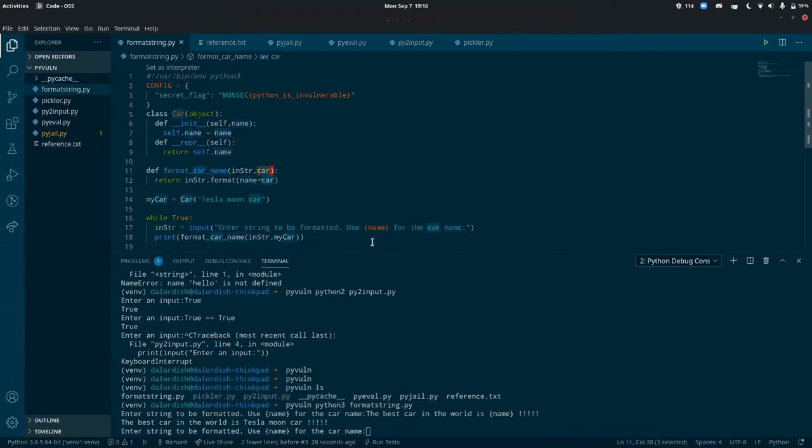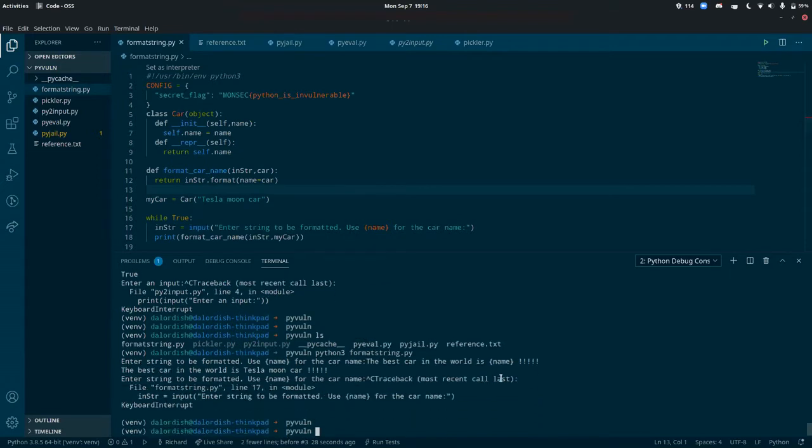So inside this, it's actually just evaluating my car. And so if we replaced the brackets name in our format string with my car, then it would return the same thing. My car is a car object, and objects have their own functions as well, right?